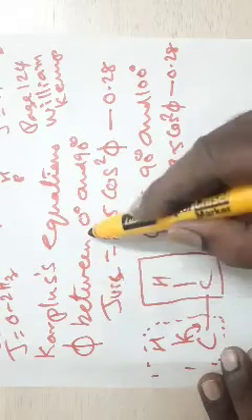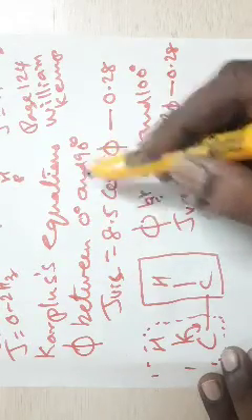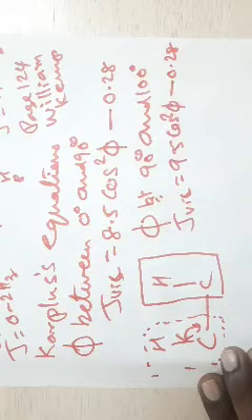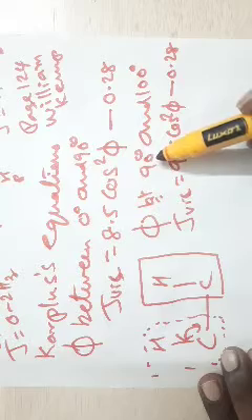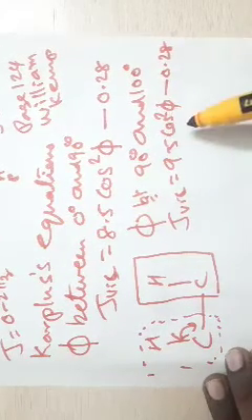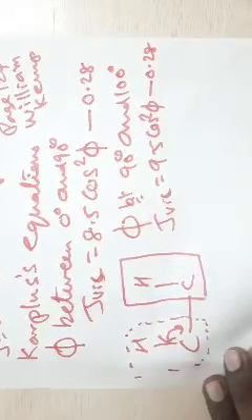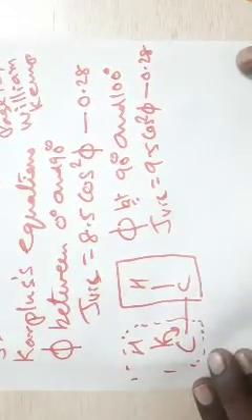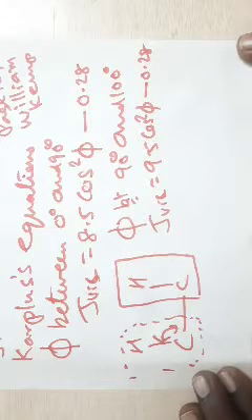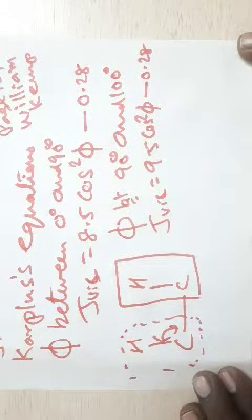So when the dihedral angle is between 0 and 90 degree, the vicinal coupling is given by this equation. If the dihedral angle between the two CH groups is 90 degree to 100 degree, then it is given by 9.5 cos square phi minus 0.28. So the coupling constant values are very large.